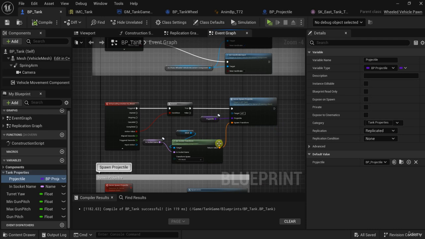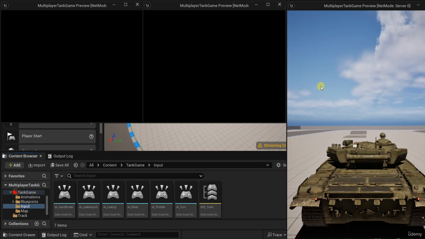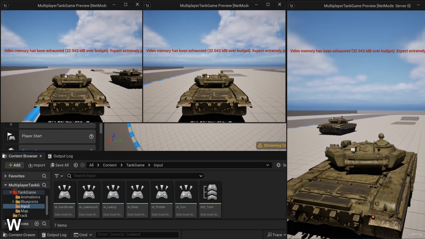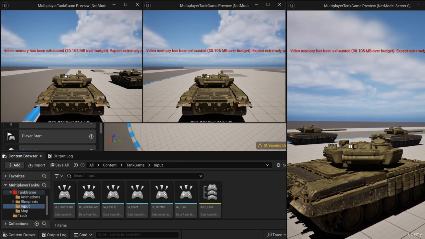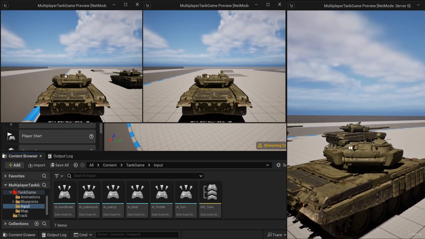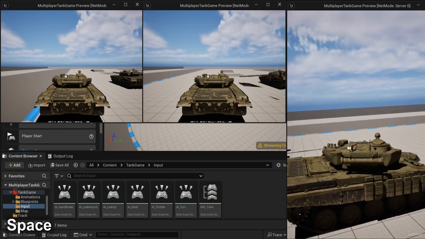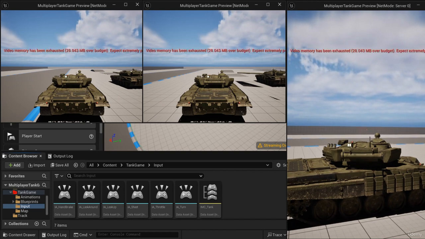Now let's test our game here. Let's start. Now I will move in front of the other tanks. Let me first shoot. Well, you saw the projectile. Let's see if the other vehicle can see it. Well,